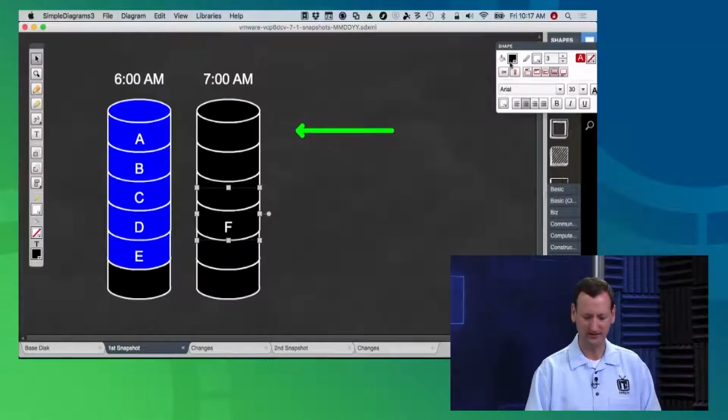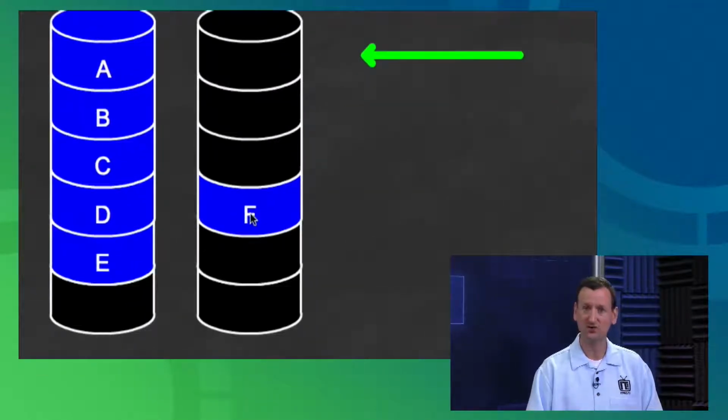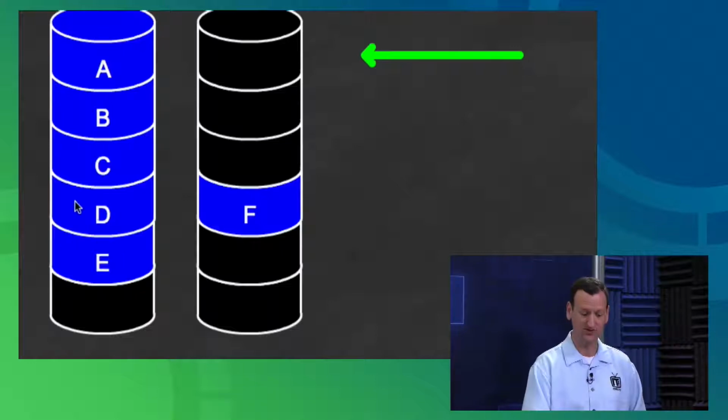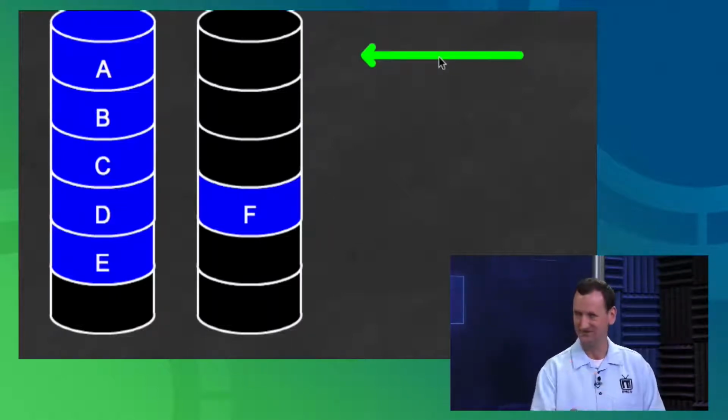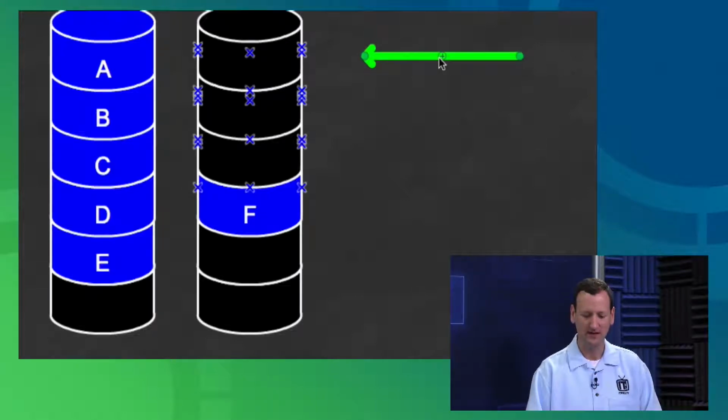And when I do that, let me change that. I got to have my colors right. There we go. So when I do that, the change goes here as opposed to going here. And so now if I want to roll back, I still can. I have the original data as it was at 6 a.m., but I've also got the new data changed as it was. And when we go to read from the disk, the production system, as it goes to read,